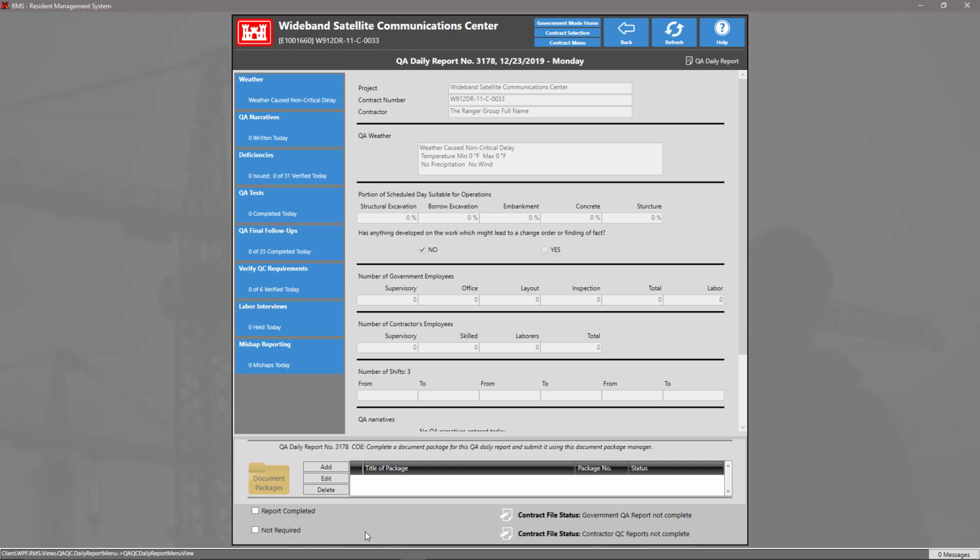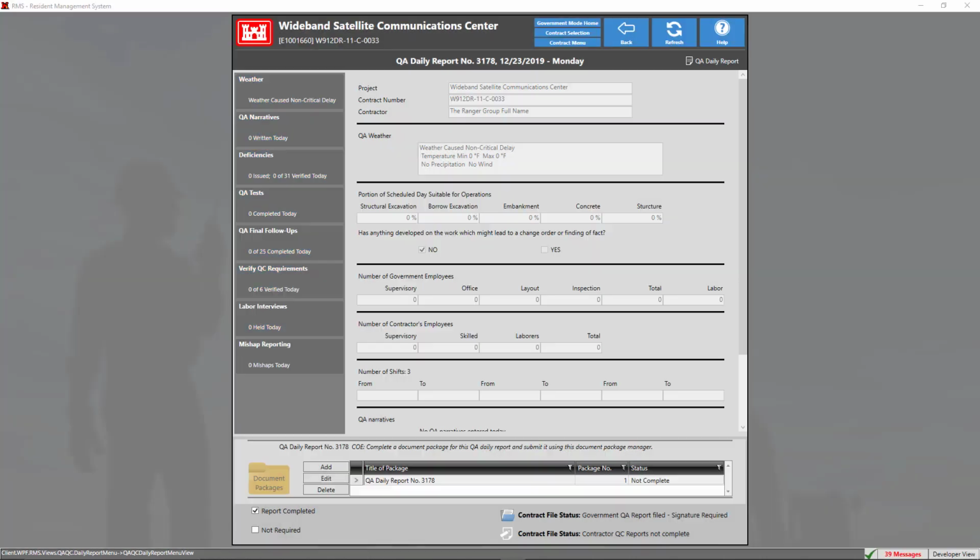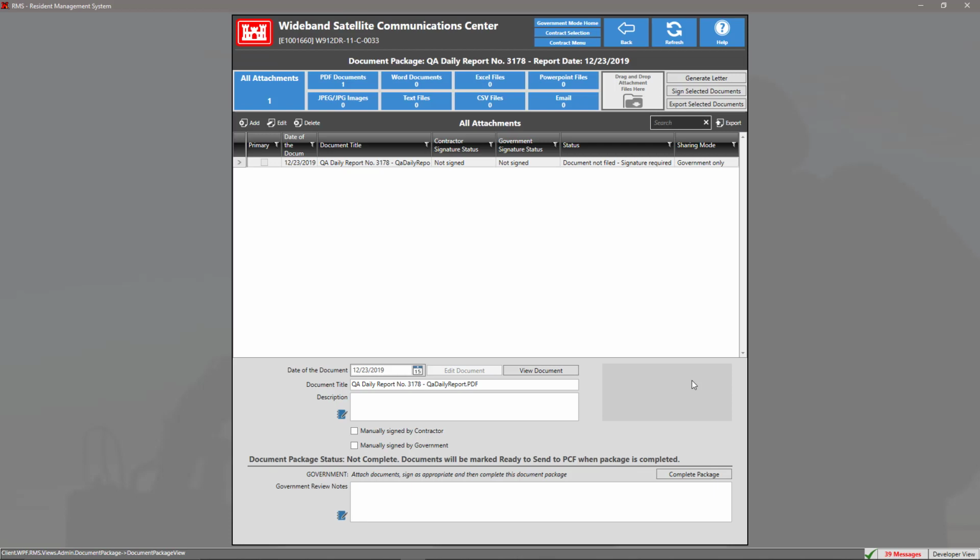To complete a report, after all the data is completed on each tab and all supporting documents have been added, simply mark the checkbox down at the bottom, Report Completed. Now we see our document package is created. And if we look inside our document package, we can see our QA daily report has automatically been added to